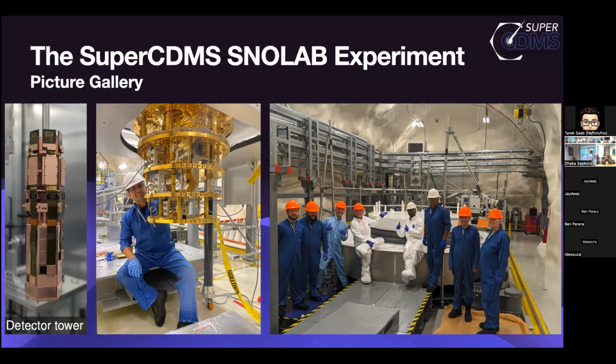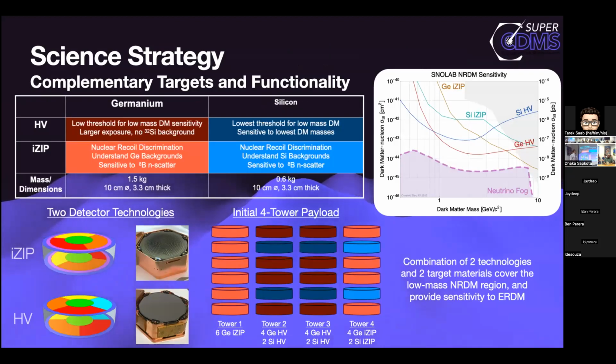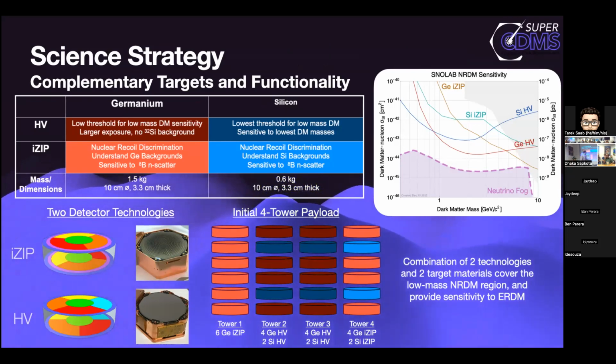You can see here, we're building, so this dilution refrigerator is actually all the way back here. And this is the pad on which the cryostat is going to sit. You can see the white discs are polyethylene shielding, and there's a gray layer here that's lead shielding. That's going to build the green cylinder I showed you in the previous slide, all the shielding that's going to surround the detector. The actual experiment itself is going to consist of 4 of these towers, so a total of 24 detectors that are made out of a mixture of germanium and silicon.